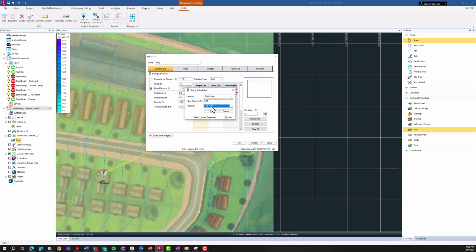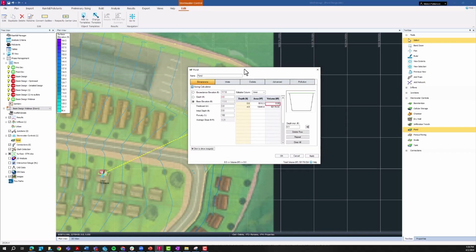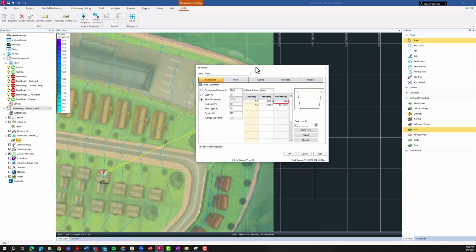And I'm going to choose to maintain the top area so that this top area will be the same, but then slopes will be applied and the base area will decrease. Press OK, and we can see those changes made to the shape of our pond here. And so that's how you can give this pond some initial dimensions, an actual shape. And now this pond, if I were to run an analysis, would have storage, and we could actually view those